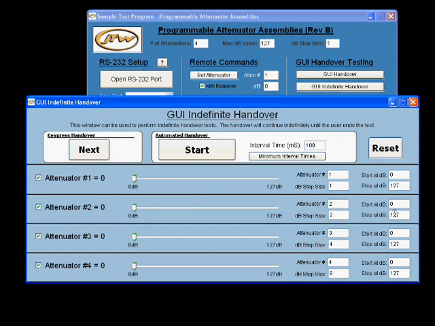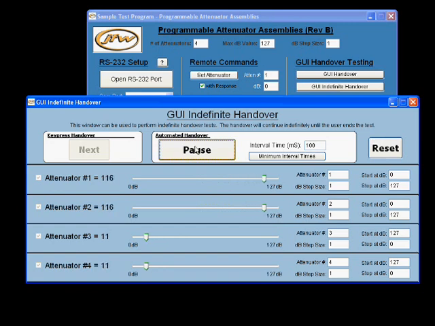So if I wanted to do the same kind of test here, I could set my starting and stopping dB values for attenuators 1 and 2 to the same. Start at 0 dB, stop at 127, and then I'll just reverse them for attenuators 3 and 4, and set all my dB step sizes back to 1 dB. Hit the reset button. This is the starting condition, and hit start. So here I have 4 attenuators fading. Basically it's 2 variable handovers at the same time,